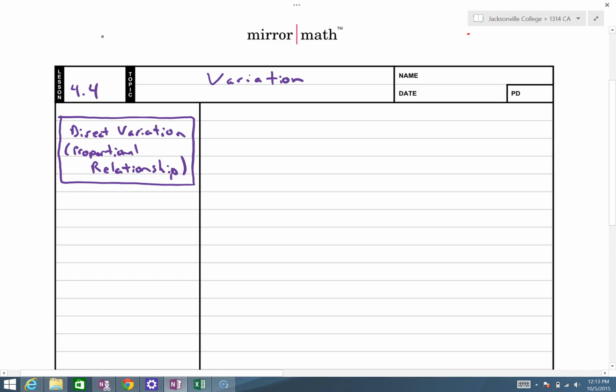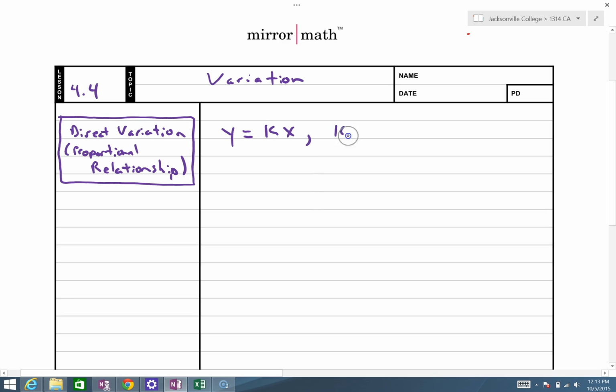In this video, we'll be looking at section 4.4, variation. Direct variation. A direct variation is also called a proportional relationship. It can be represented with the form of the equation y equals k times x, where this k we will